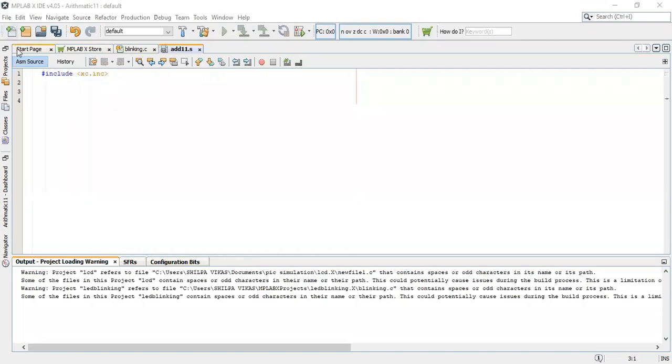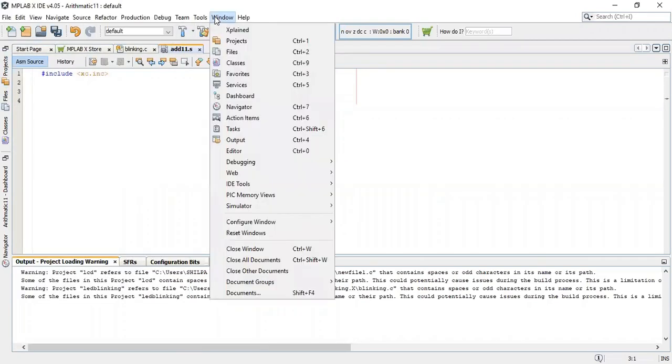First of all, go into the window menu. Now we will write the program file in this particular window, or in the file we will include all our program.